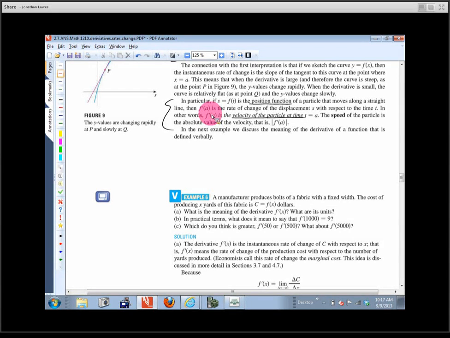Most of the time we think of up as positive and down as negative, right as positive, left as negative. If we take the absolute value of that, then that will tell us just how fast, or we refer to that as the speed. And that's why this is an absolute value. So the next example